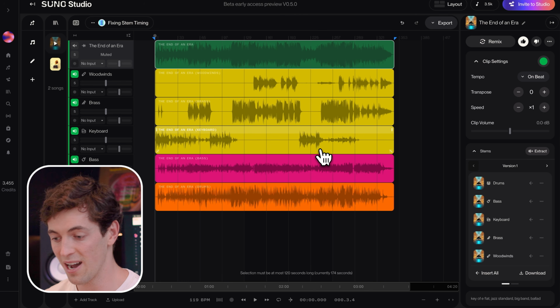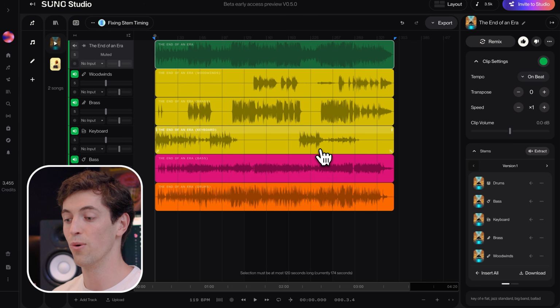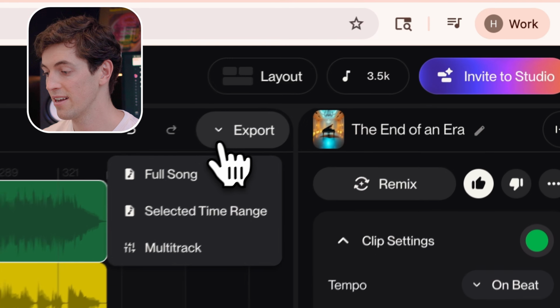Studio has already done its job. It's analyzed the downbeats for all of these, and it's made sure that they're all now locked to a 119 BPM grid. So the final step here is just to go up to the upper right, click this Export button,